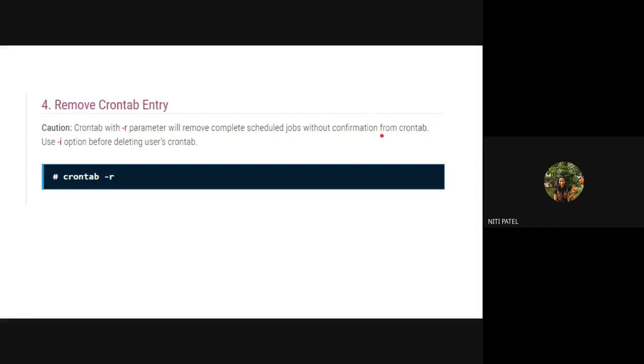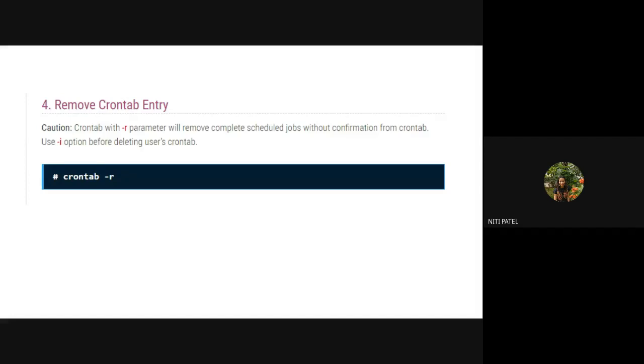Now, without the confirmation means what? If I want to close this PPT and if I have written something, so before closing, it will always give you a message box if it is a Windows, that do you want to save, yes or no. Then if you want to save, you click on yes. If you don't want to save, you click on no. आपको बिना पूछे डायरेक्टली वो क्लोज करता है क्या? नहीं करता है. तो same happens in your Linux also.